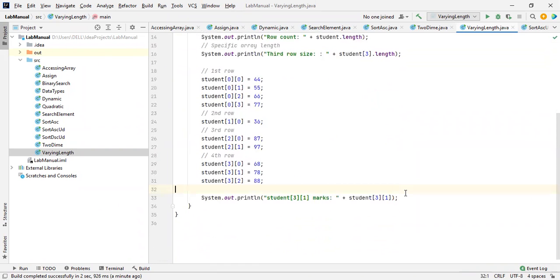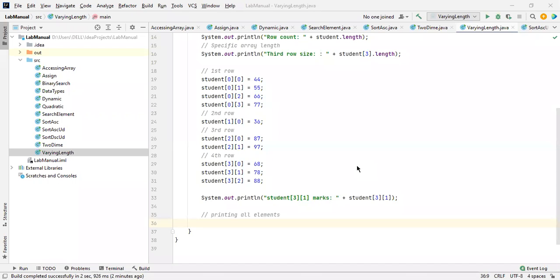Okay, let me take a for loop for printing all elements. So now I'm going to print all the elements inside an array. So how will our table be?